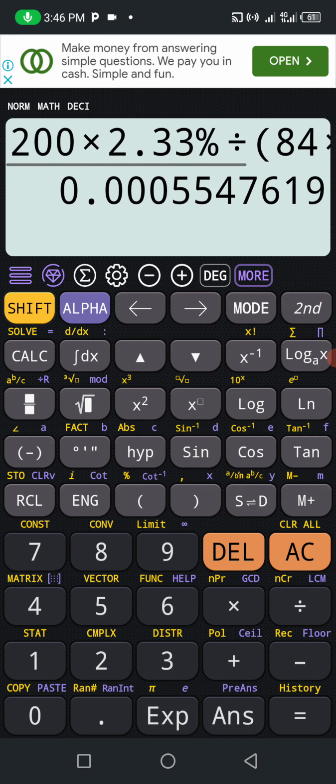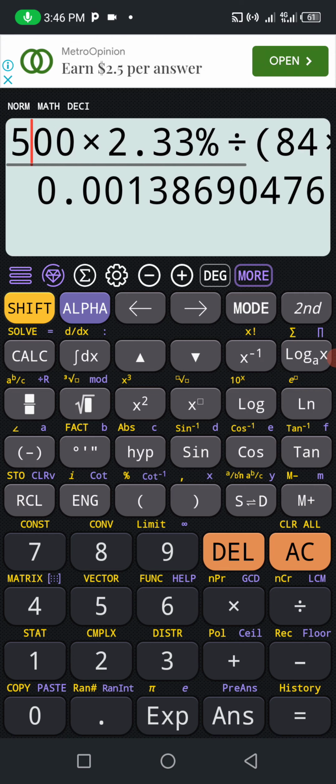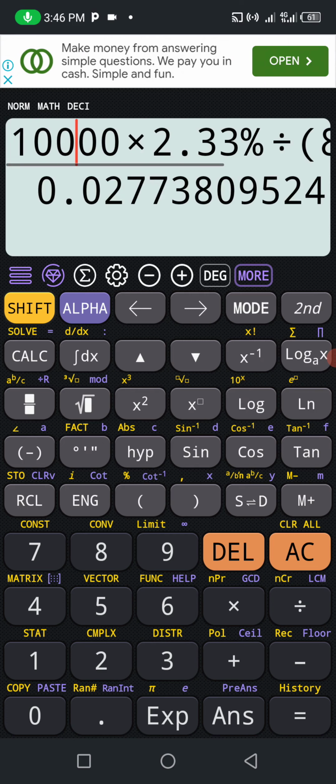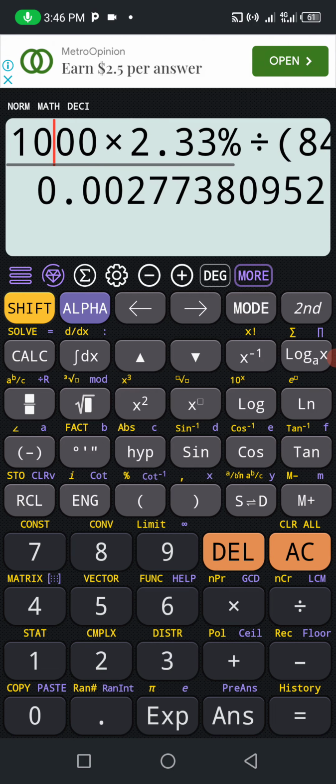What we need to do now is to increase our equity to $500. At least if you want to make money in forex, you need to have enough equity, right? So let's increase it to $500, and we can still not use it because this is giving us 0.001. So let's increase it to $1,000. When we increase it to $1,000, you can see that we can still not use it. So let's increase it to